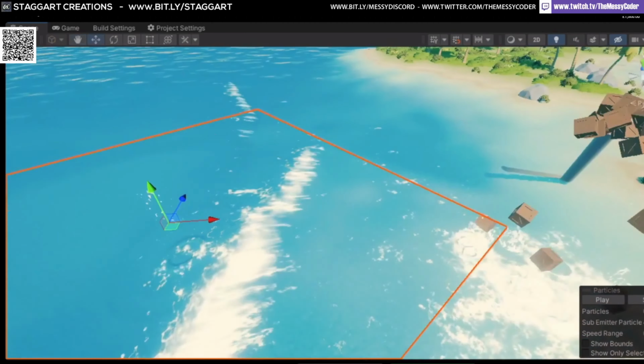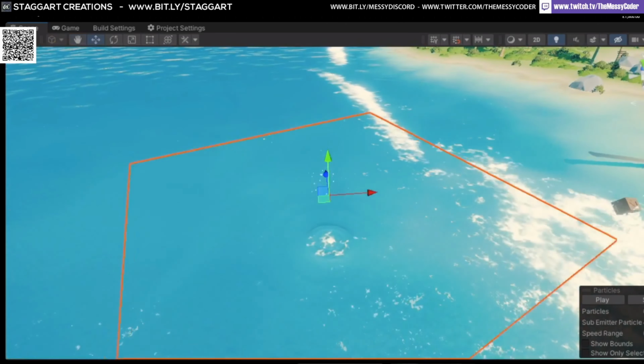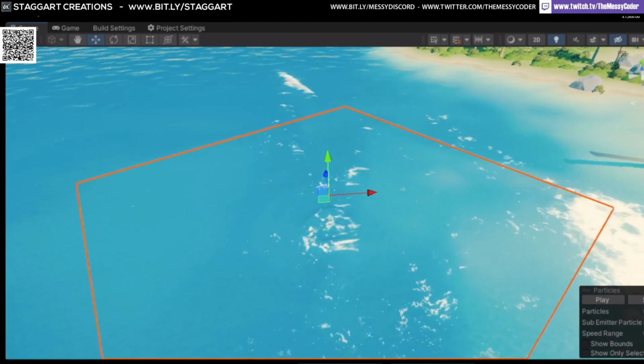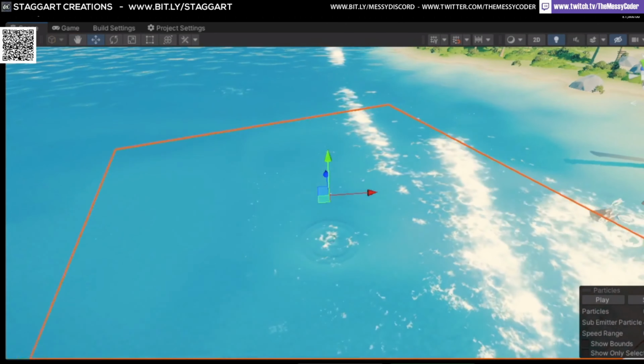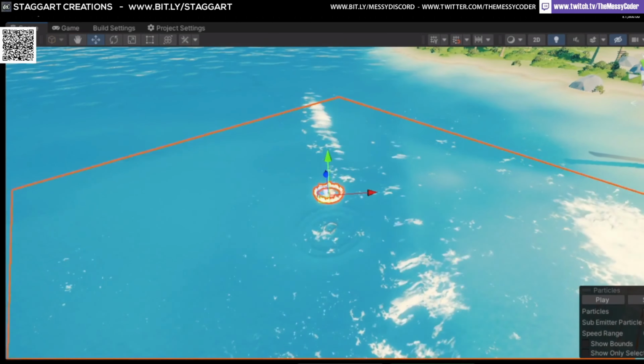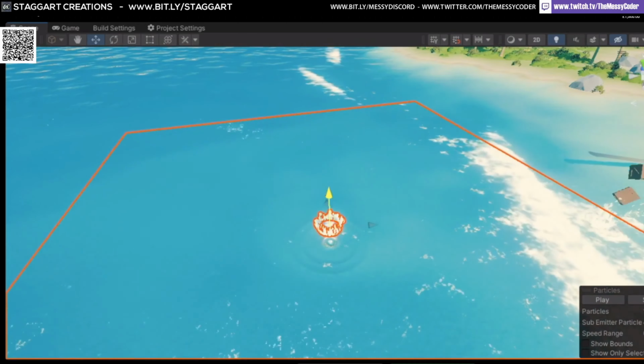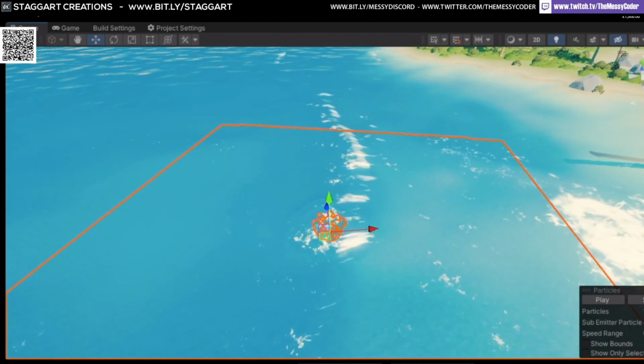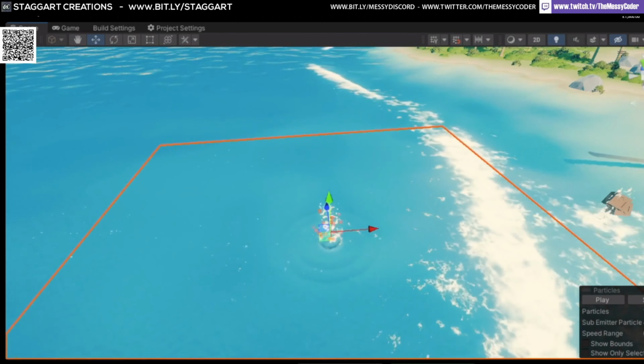So if you consider that triggering and positioning and playing particle effects as part of like a character controller, like when something falls into the water, that just revolves around basic Unity knowledge and usage.